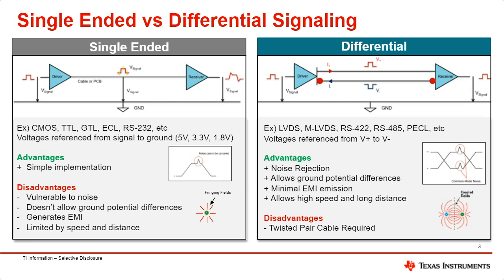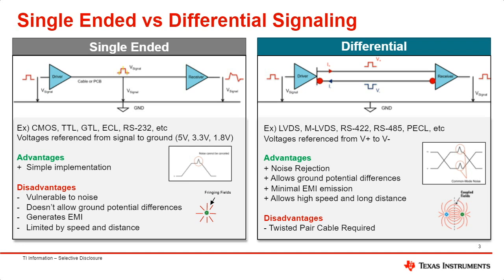The second benefit is because the signal is not directly referenced to ground, there can be ground potential differences between the driver and receiver. Oftentimes, ground potential differences arise over longer distance transmission, or if you're transmitting between two different PCBs. It's important to keep in mind that it will depend on the differential receiver's common mode voltage that it can accept. And so this will be dependent on the standard.